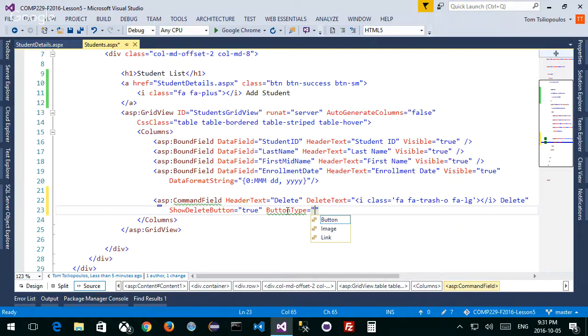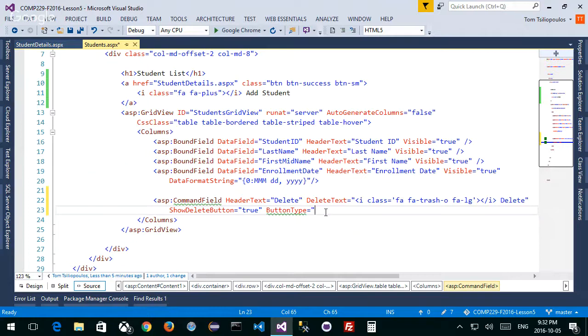I don't need a button because I'm going to use CSS to make this look like a button. By the way, remember, we're talking about old technology, ASP.NET. If I make this a button, guess what this delete text is going to do? It's going to fail, right? So please make it a link, because I'm just going to code it to look like a button, just like we did with the stuff up here. This is an actual link, and I'm using CSS to make it look like a button, with Bootstrap.